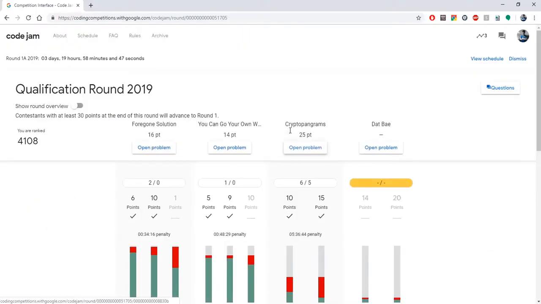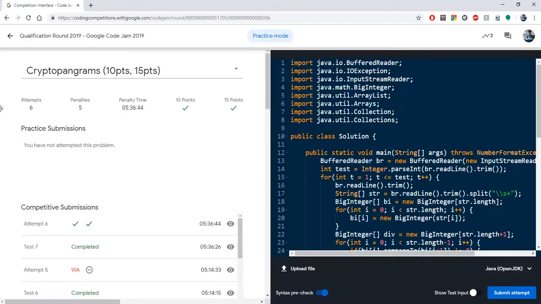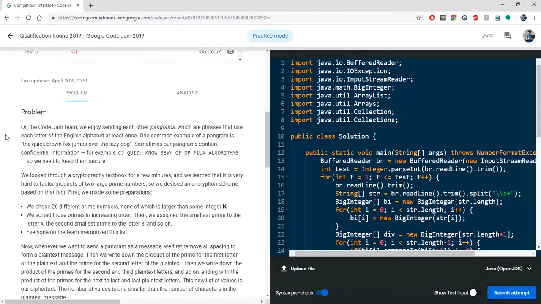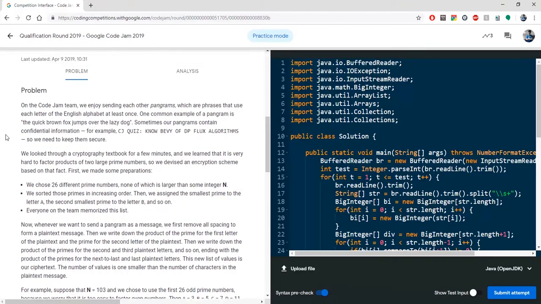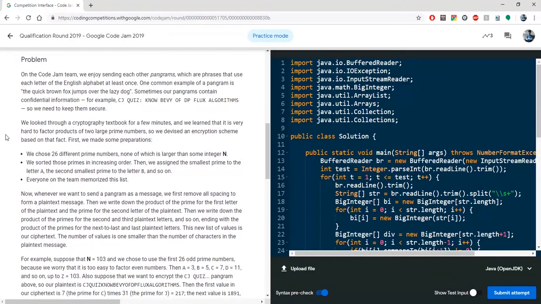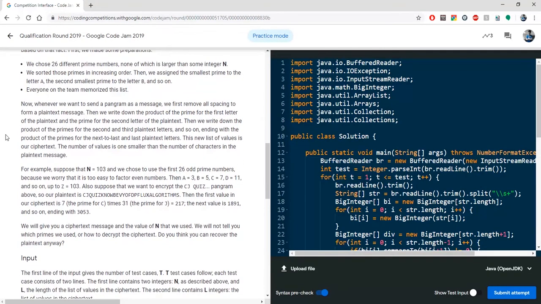Okay. So let's open the problem. And yeah, this problem was a bit more difficult than the previous two problems, but it wasn't that difficult. If out of 10, I'll give it around 3.5 maybe. It wasn't that difficult, but you have to spend time to understand the problem itself, and then you have to find a way to solve the problem. Then once you find the way, you will be